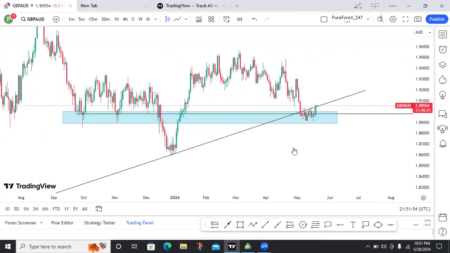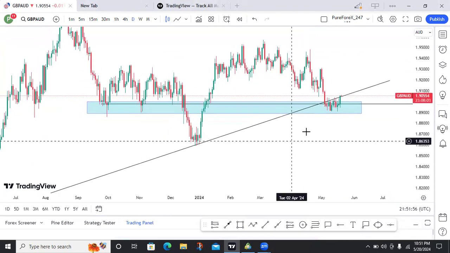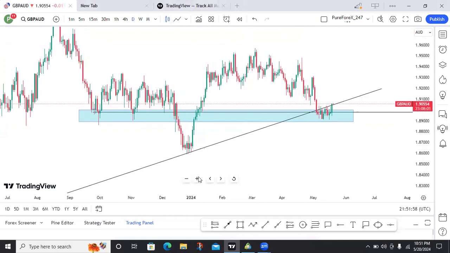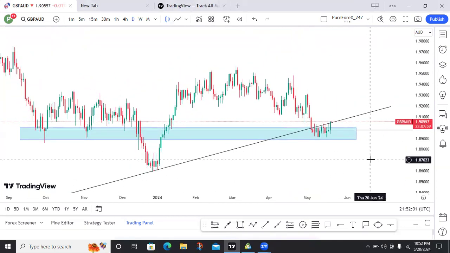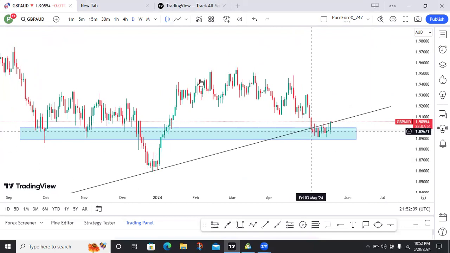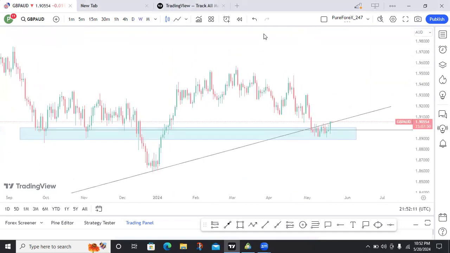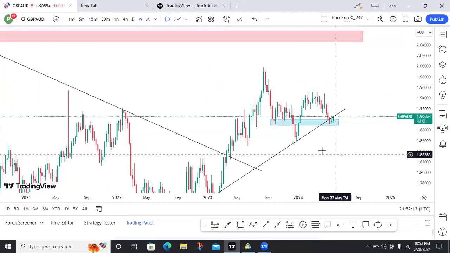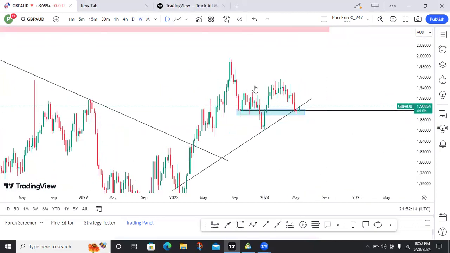So guys, let's continue. So from the daily time frame, what do we see? The price looks so scattered, everything looks so scattered, right? That is why you need to understand. Let me show you something. We need to understand market structure, right? This move here